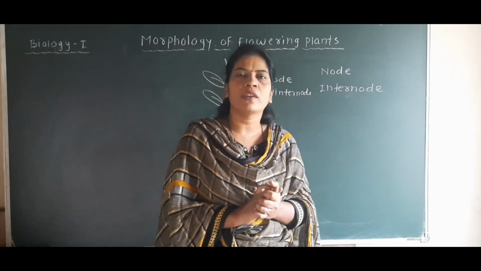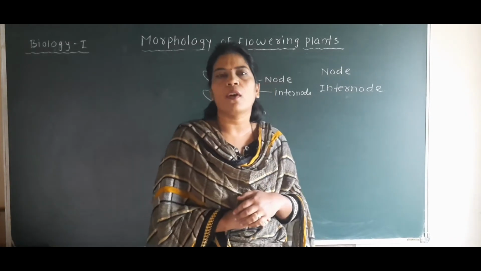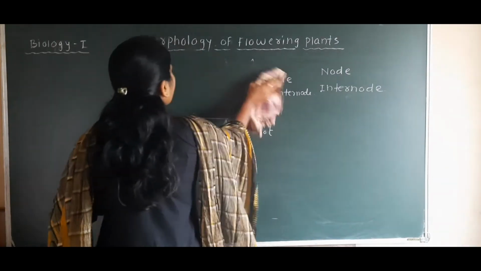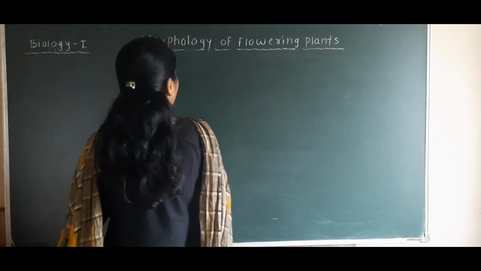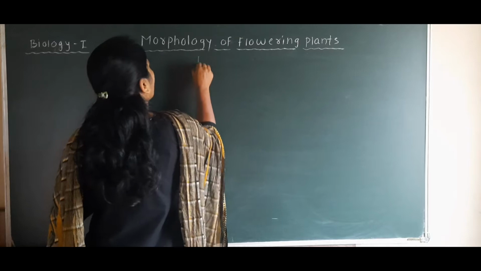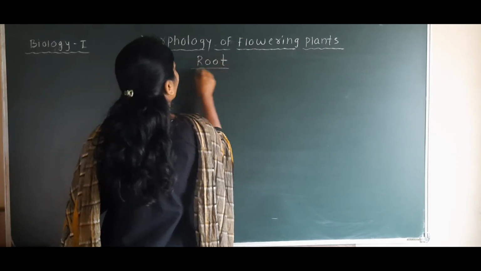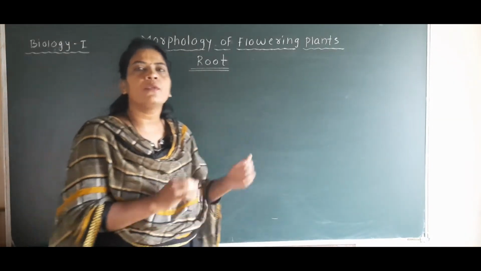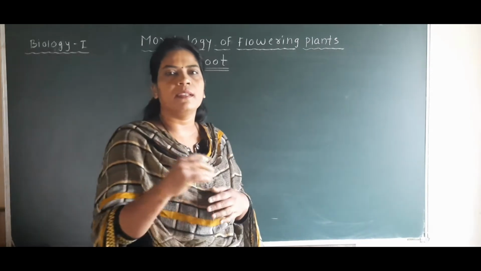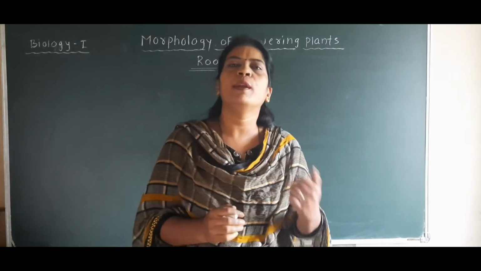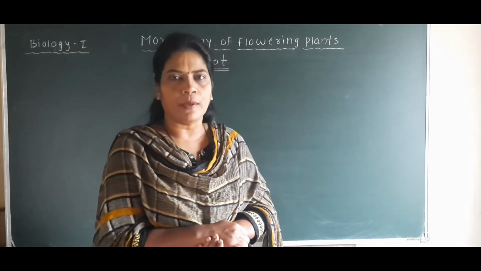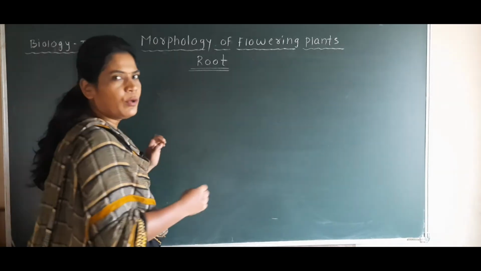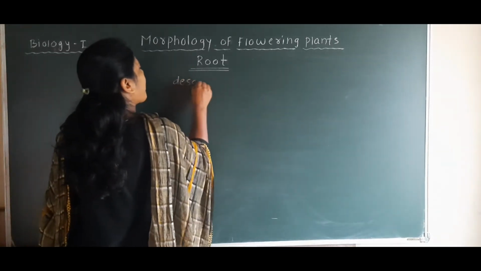Okay, so we start the first part of this plant topic, that is called the root. The root part of the plant is very important because there are various types of roots, as well as we have to find the different modifications of the root. So what is meant by root? Just now we have seen that the root system is the system of the plant which is present below the ground. Now if we see the definition of the root, root is the descending part.